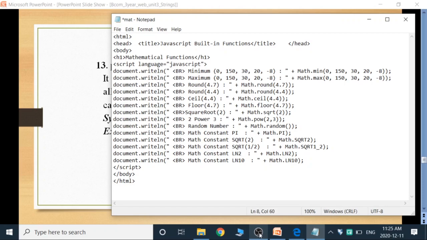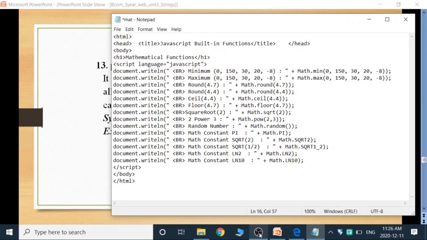Next one is document.writeln, round 4.7. Next one is round 4.4. Next method is ceil 4.4. Next method is floor 4.7. Square root of 2. Power notation with 2 to the power of 3. A random number is generated. Represents a pi value.